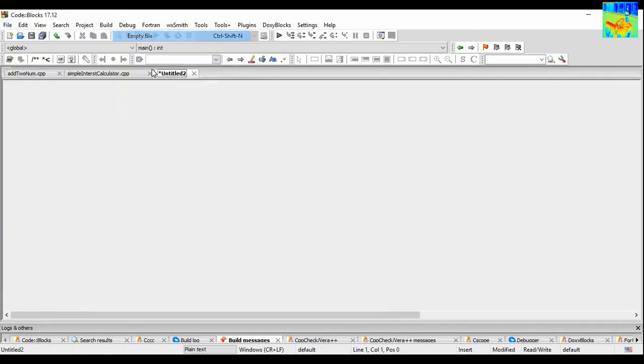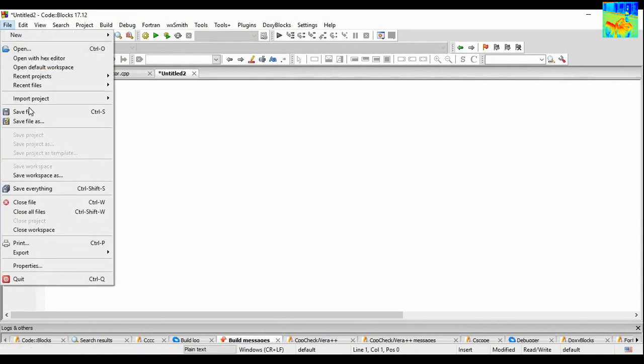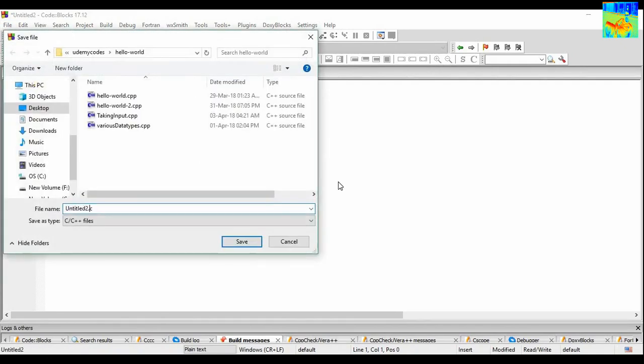File, new, empty file, file, save file, and then let's say the name of the file is taking input examples.cpp.